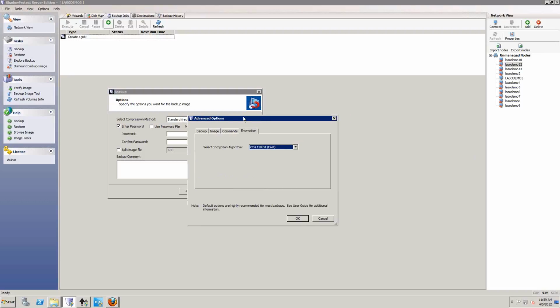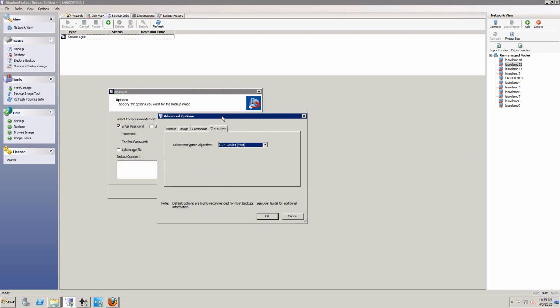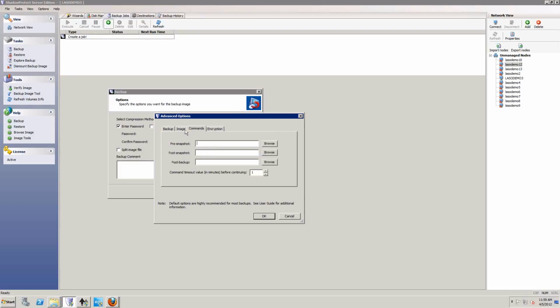Also, the tabs to look at on the advanced options are the Commands tab, and there are some scripts in here made for a database that you want to stop and start when the backup is running. The Image tab here has one thing worth mentioning that I really like: the